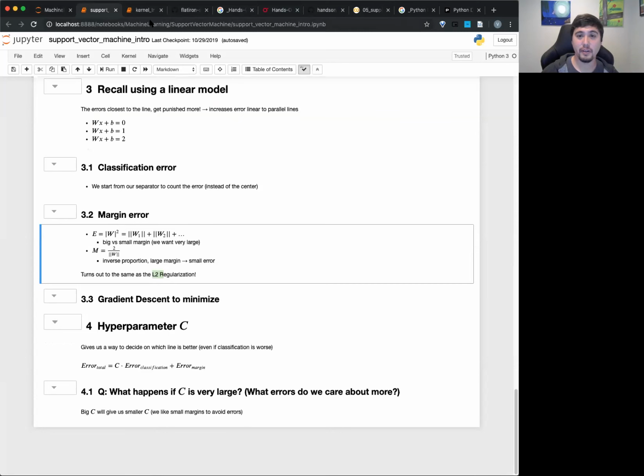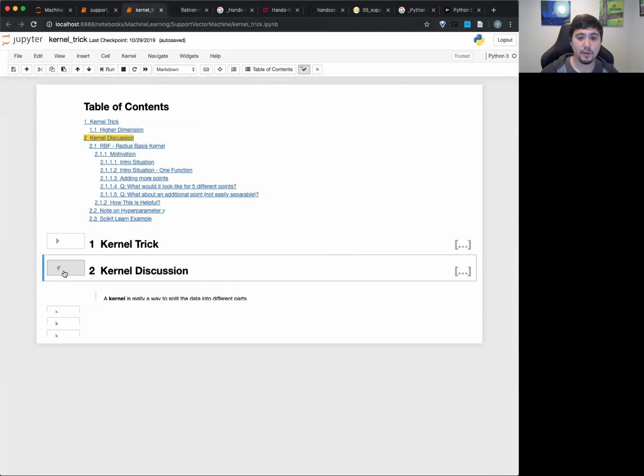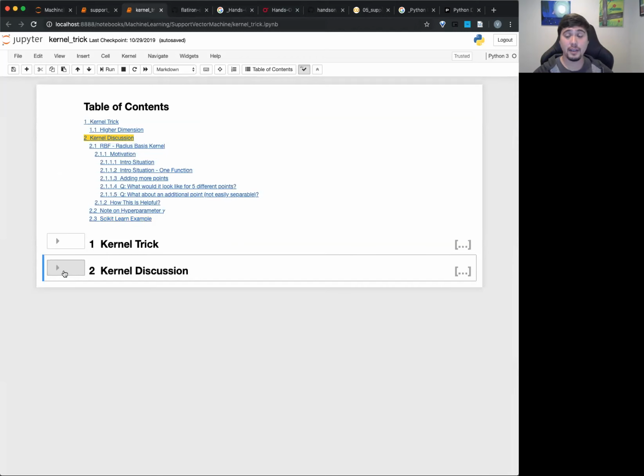Okay, so I think we're going into the kernel trick. Is that? Yeah, okay. So kernel trick, I'm gonna go into some detail here, and part of it